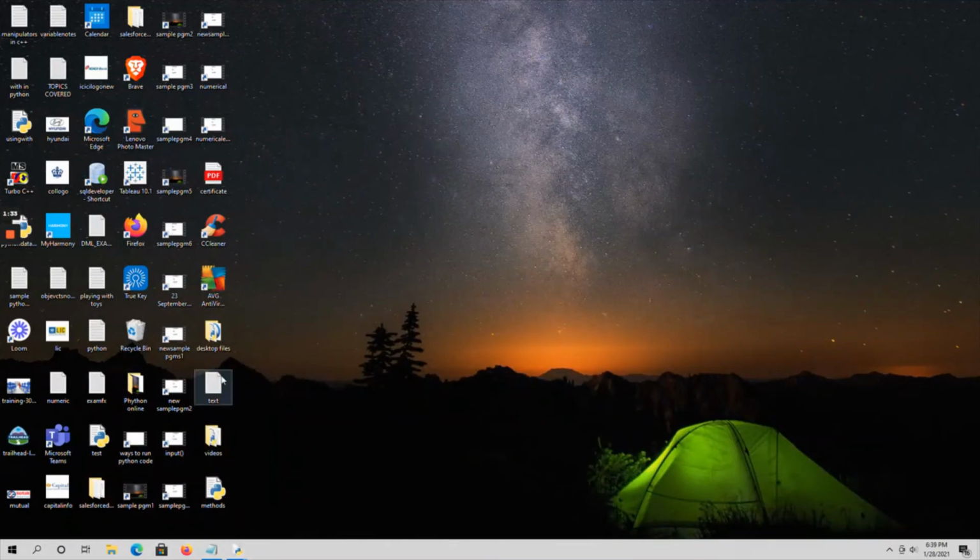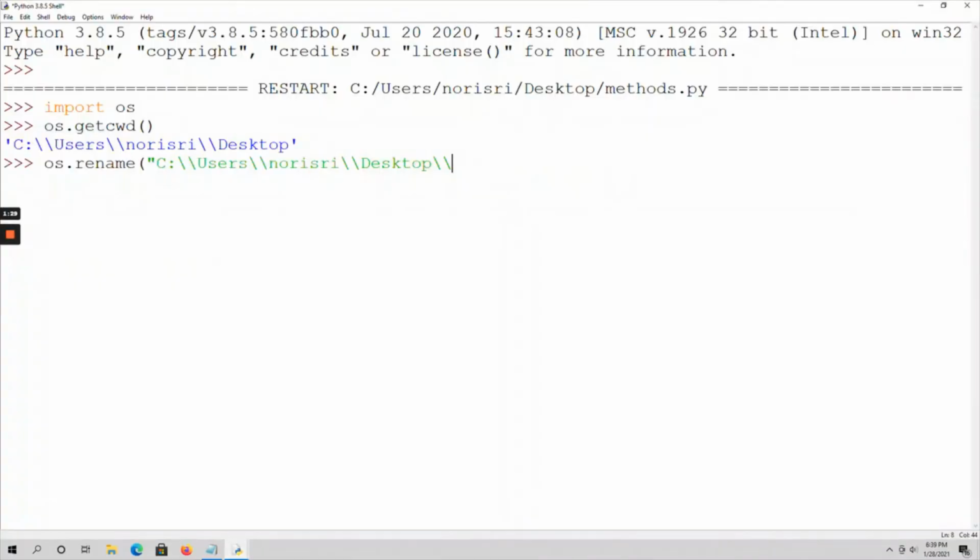Here I am going to change this text again to new file. So text.txt, comma, again specify the path, and the new file name you are going to give, newfile.txt. Like this you have to change.